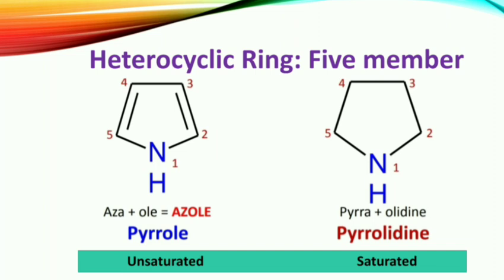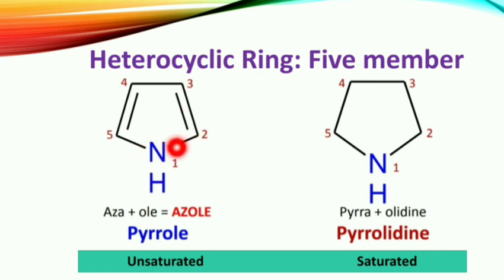Then you have to identify whether the structure is saturated or unsaturated. Remember, saturated means the compound has solely carbon-carbon single bonds. A structure having a carbon-carbon double bond is an unsaturated compound. It might have a double bond or triple bond in the structure. So first identify the structure. First one, you can see this structure.